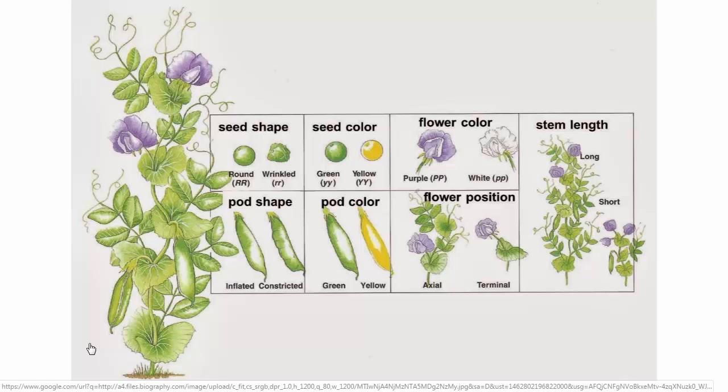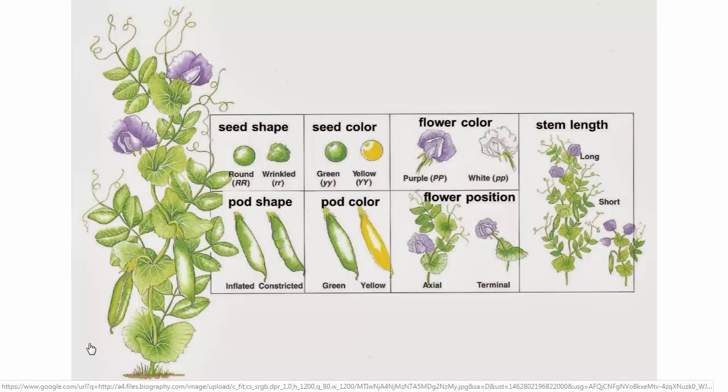And there are lots of different factors that Mendel looked at, including the shape of the seeds, the color of the seeds, color of the flowers, the height of the plants, and so forth. And he found some patterns. He found that when he crossed these plants in different configurations, they always ended up with similar ratios of dominant to recessive traits. And that allowed him to make his theories about how these traits are inherited from parents to their offspring.